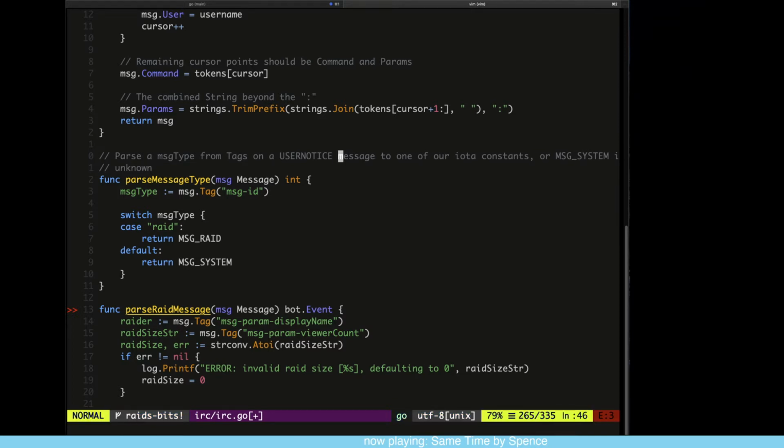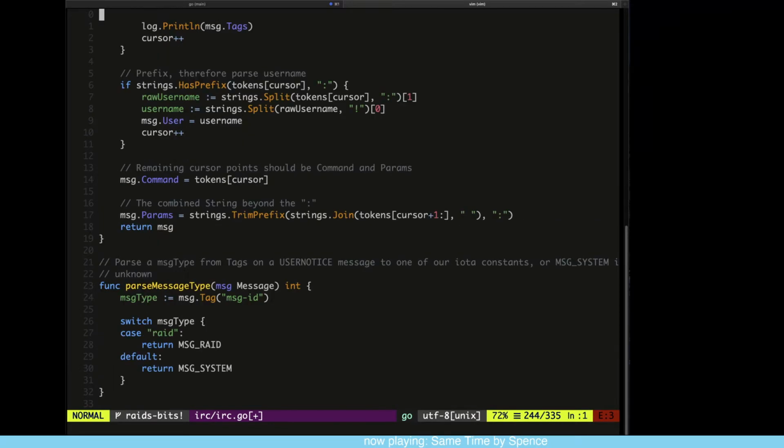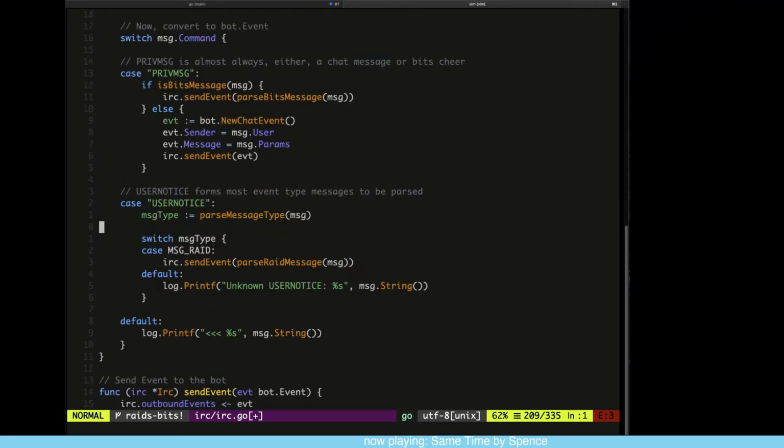which is an important distinction. I actually had a bit of a bug this morning while testing it. The bits check used to be down here in this case, but the reality is that bits don't come in on a user notice. Bits come in on a priv message. And with priv messages, the only way to really check if it is a bits message, other than some very complicated message parsing, because you can cheer, you can hype, you can do all kinds of things to represent bits inside of a message,